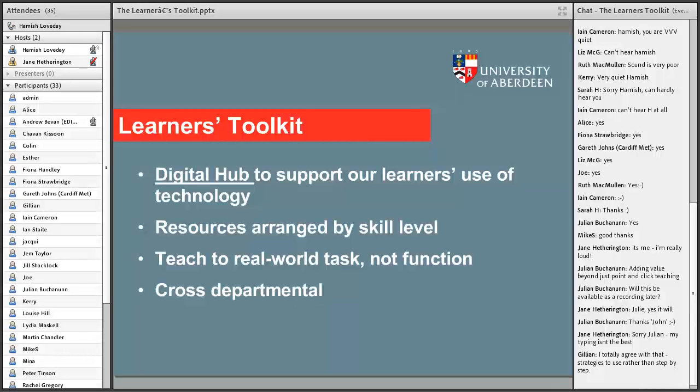We're also very intent about it being cross-departmental, whatever it is that we do create. Now, this means a number of different things. First of all, take your average first-year student. Again, I don't know about other universities, and I don't necessarily want to criticise just my own university, but it's